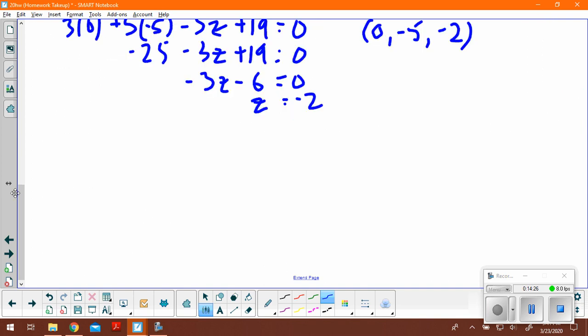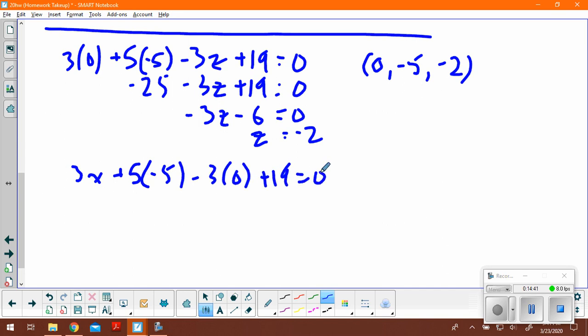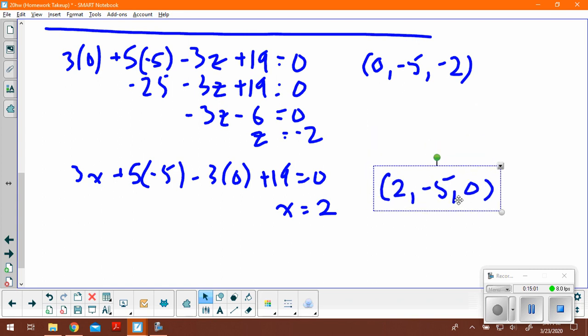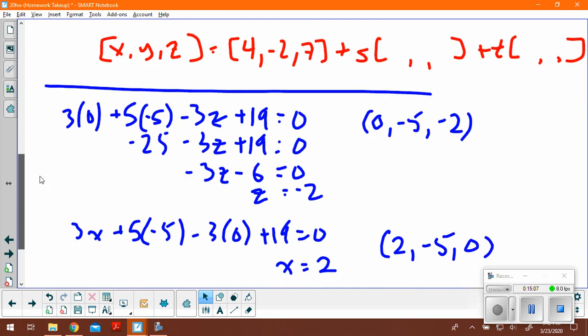To get another point, I'm going to make z equal to 0. So 3x plus 5 times -5 minus 3 times 0 plus 19 is equal to 0. Now when I run this through, it'll be the same process as above, but I'll come out with x equal to +2. So another point is 2, -5, and 0. So that, with the point I already had, 4, -2, and 7,